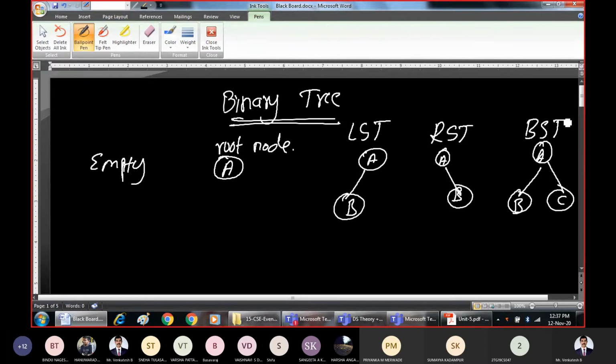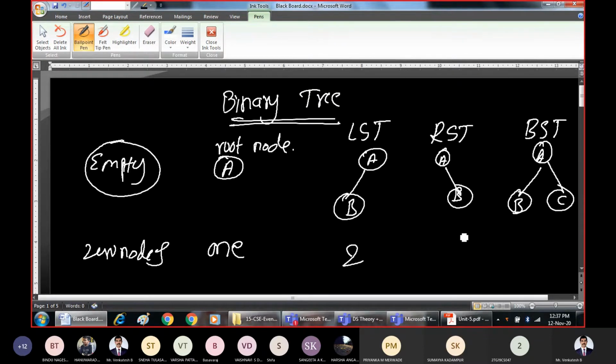This is called a binary tree. So the meaning here is it can have 0 nodes, it can have only one node, or it can have a left subtree, that is 2 nodes, again 2 nodes, and a root node can have maximum 2 children, left child and right child. That is what a binary tree is. Why the name binary? The maximum number of possible children for a parent is 2. You cannot have more than 2.